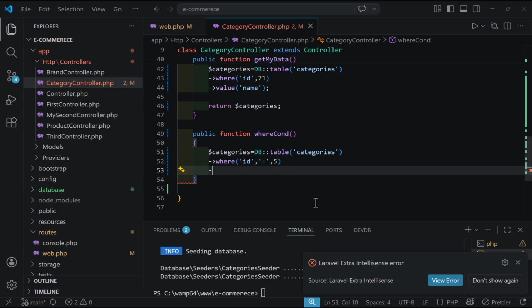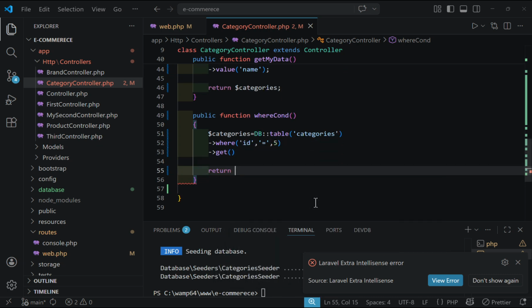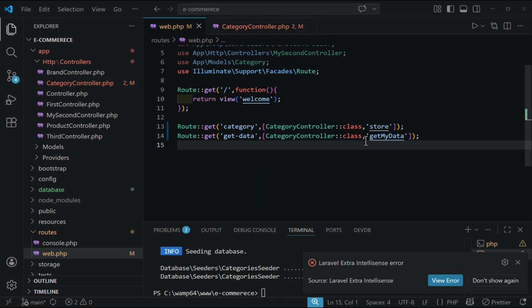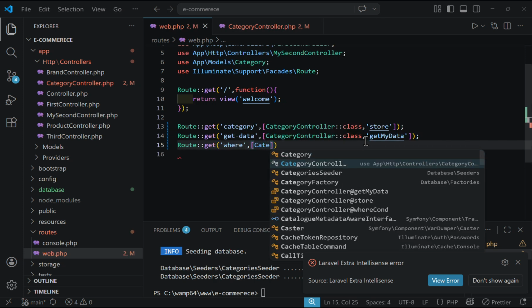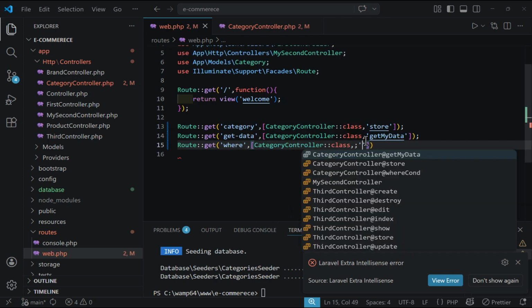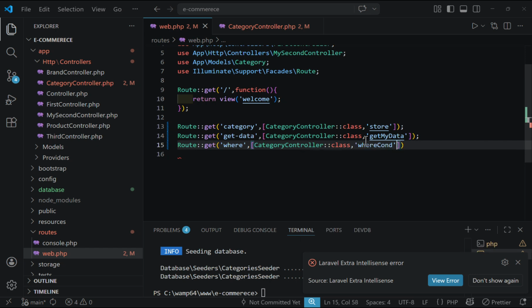Now let's type get and return the categories. Now let's create a route for this also. Route get where, then CategoryController class and my method name. Now let's save everything. Let's go to the browser